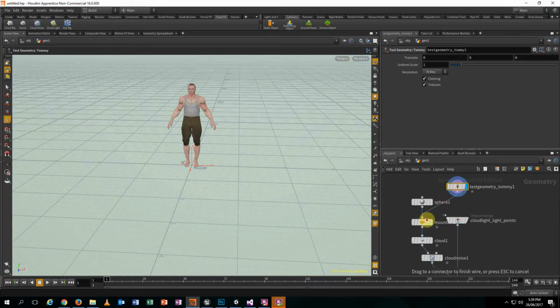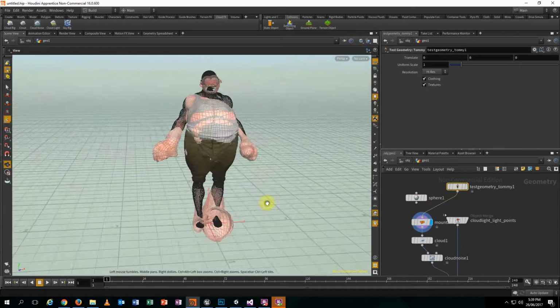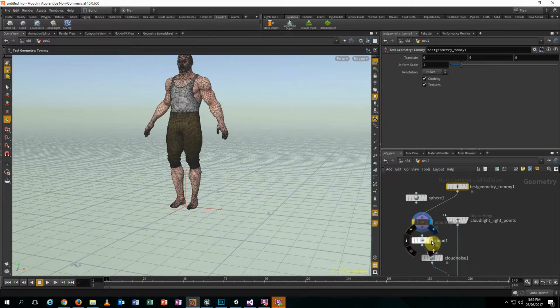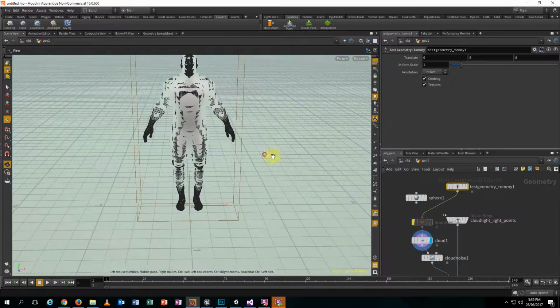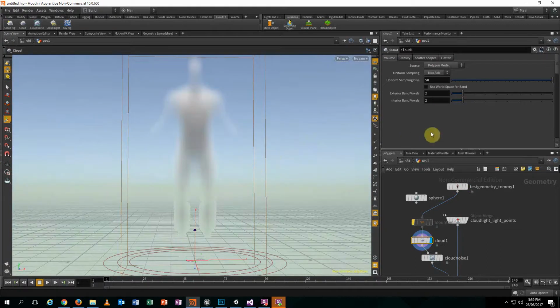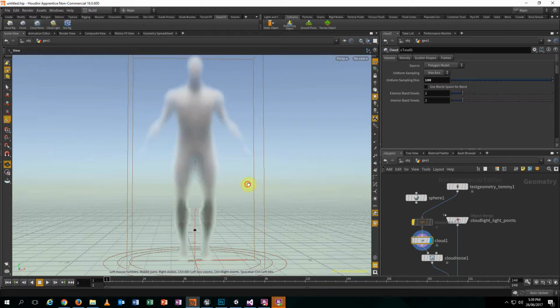So if we were to replace him with the sphere. So no longer we need the sphere. And look at the mountain. He then becomes this really big. So we probably don't want that. So you can press this node, which will bypass it. So we ignore that one. And if we look at that as a cloud, see him. So we probably want to adjust the amount of divisions. Probably give that 100. Just give him a bit more